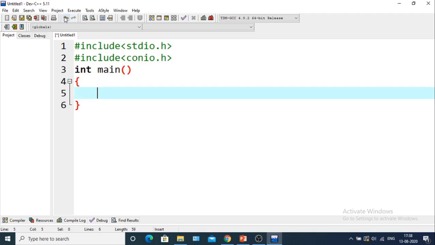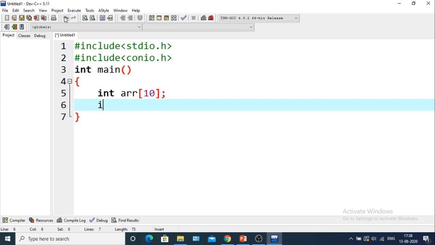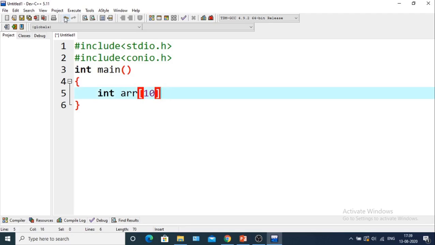Next we will take the variables. ARR is basically the array. During array declaration, we also need to mention the size of the array. Now I am not taking the values dynamically; I am taking the values statically, before runtime. So ARR is the same as ARR[0]. Suppose it is 50. I am just taking the array size smaller, so that it will be helpful for me.